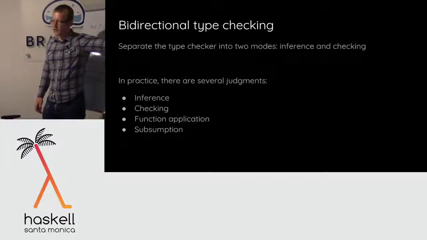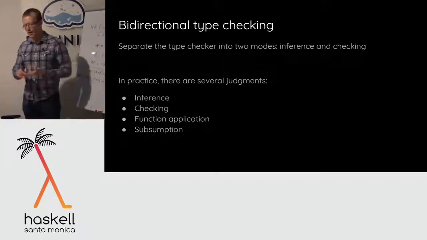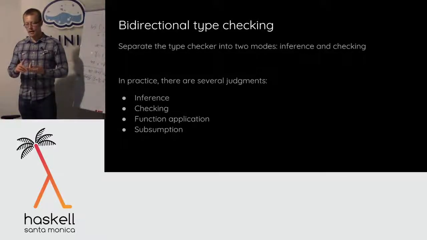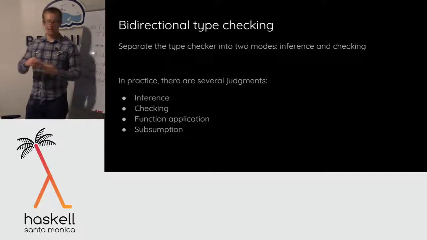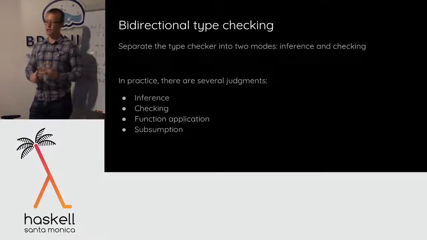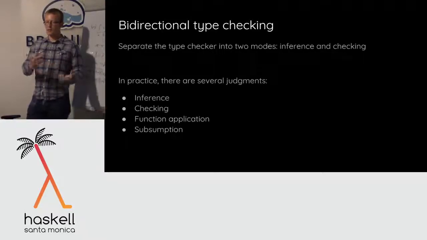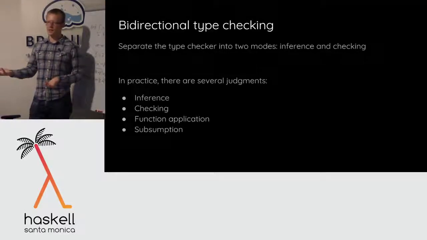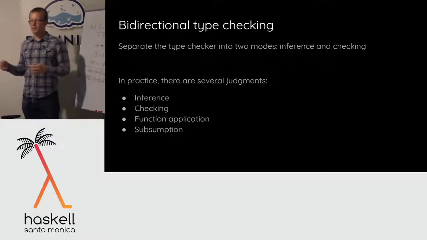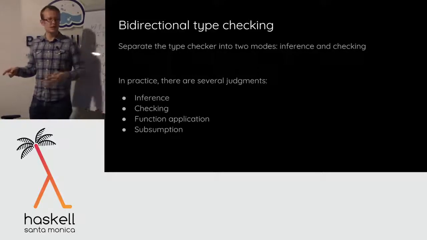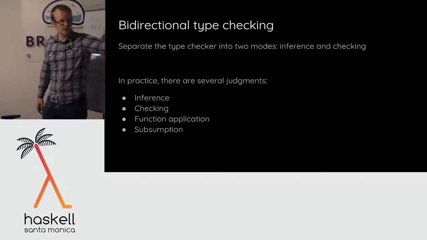The interesting one is called subsumption, which says it's a relationship between two types, and it says basically that one type is more general than another type. So if I might get into a situation where I inferred one type, but you gave me a type annotation anyway. In that case, those types don't have to match exactly, but it better be the case that I thought of something more general than the type you wanted. So that's what subsumption does, okay?